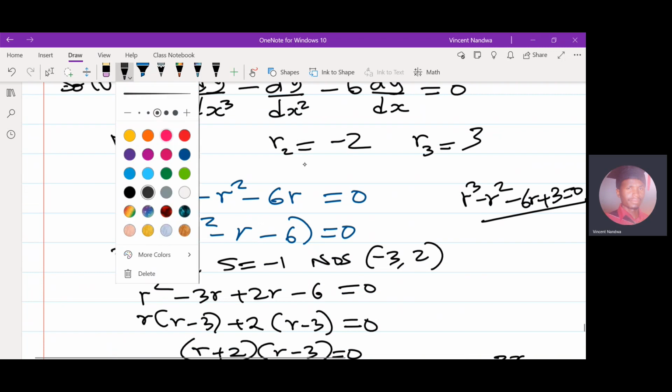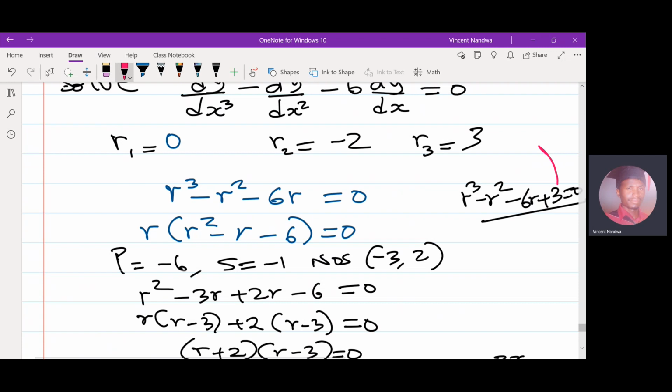So if you meet such a problem, to do the factorization to solve it, try to check whether you can write all the factors of this constant number. So for the example, this is 3. So the factors of 3, we have 1 and 3 itself, but even -1 or +1, +3 or -3 are factors of the constant term in this cubic equation. So you do trial and error. You try to replace 1 into the equation and see whether the two sides will balance. If it works, it means that r equals 1 is a root of that equation,